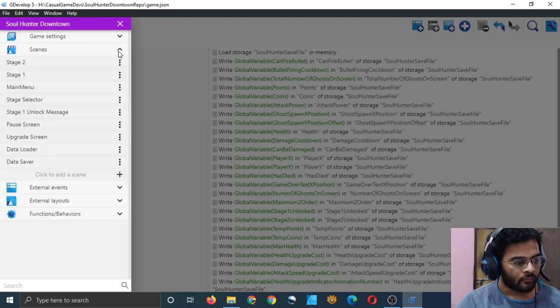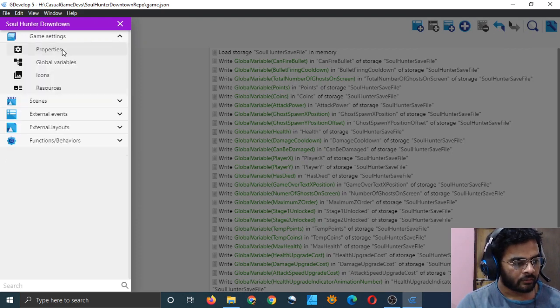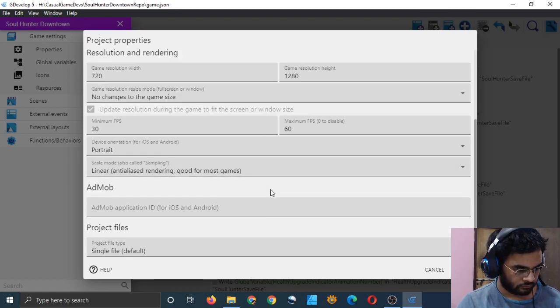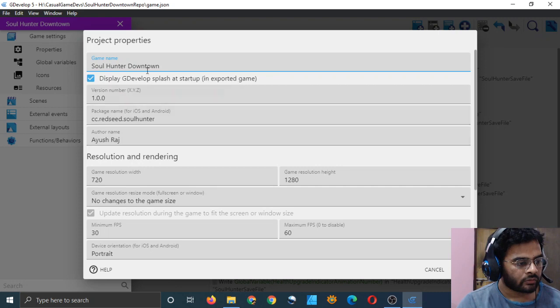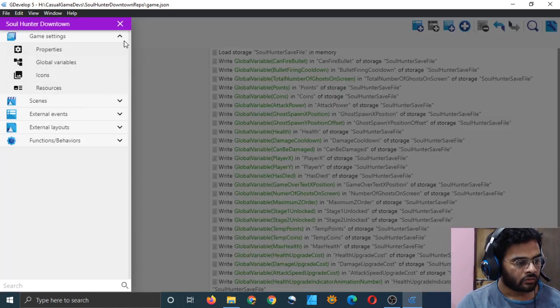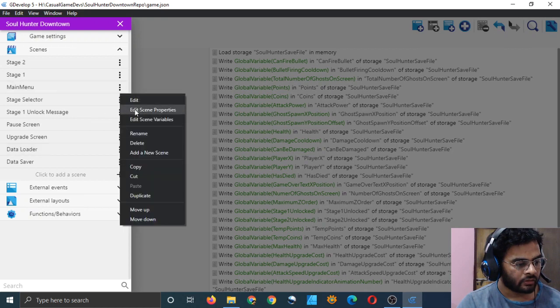Just now we have to actually see if it's working or not. So what will happen is that, let me see if I can set a starting scene. Scene properties, project files. I should be able to do that.